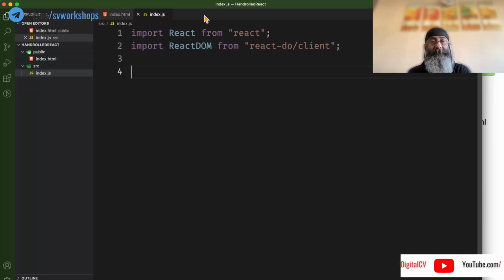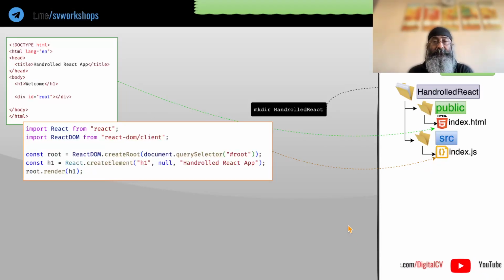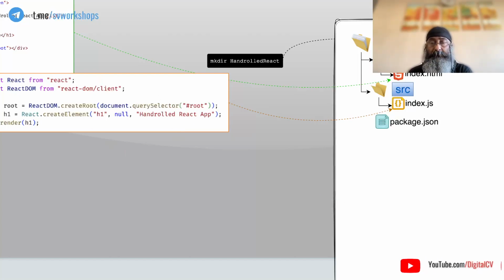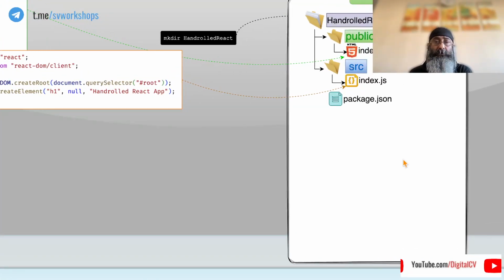However, these libraries do not exist at the moment, and therefore if we try to run this, we are definitely going to get errors. So let's find out what we need to do to get this working. Well, we must download these libraries into our application. So we need a